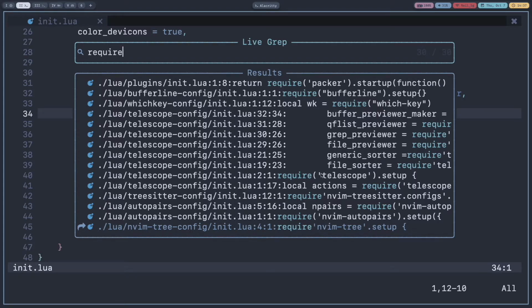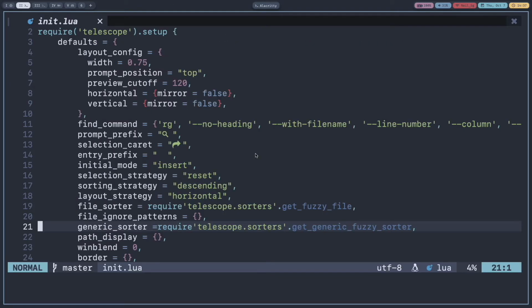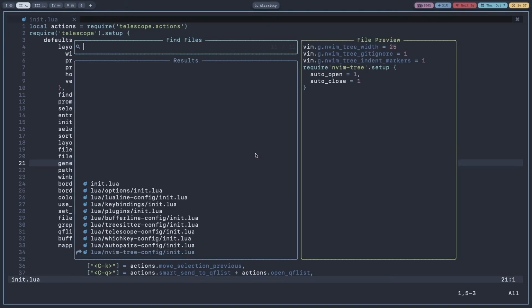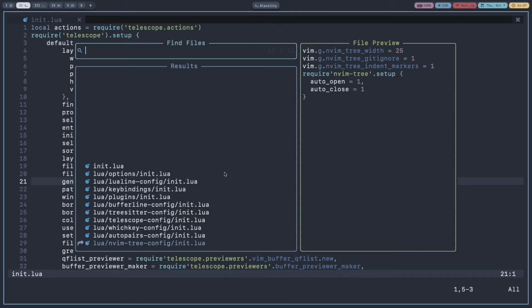Here it shows all the places where I am using the require keyword. It is not showing the preview, I think because the font is too big. I'll decrease the font size a little bit, and now I can see the file preview also. I'll increase it again, and now it shows the preview also.